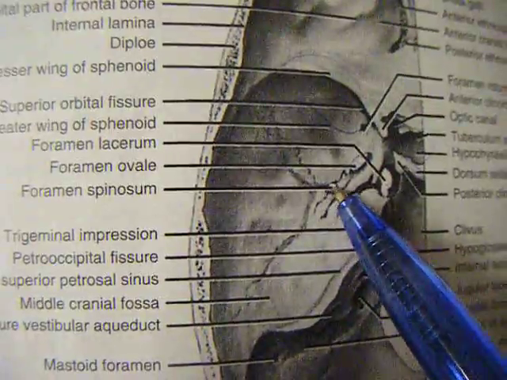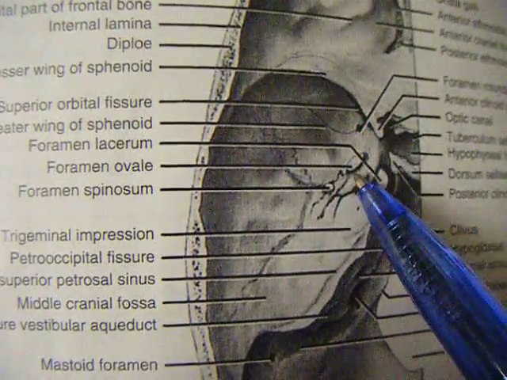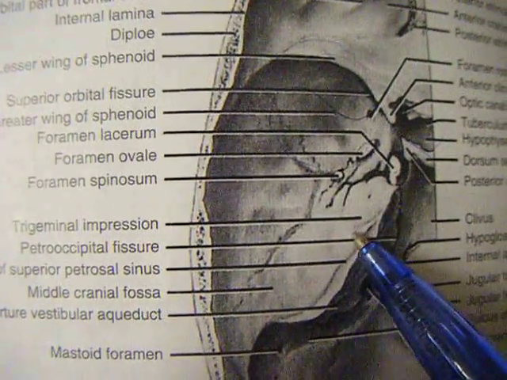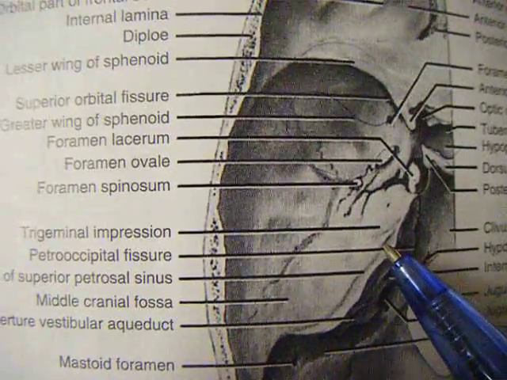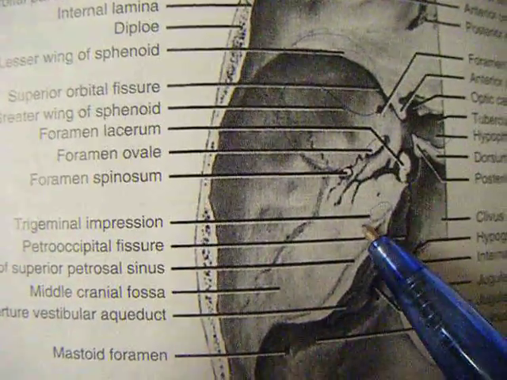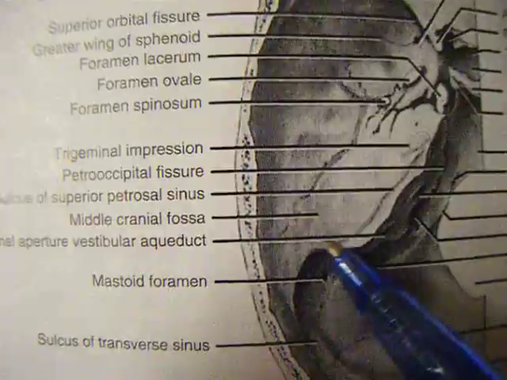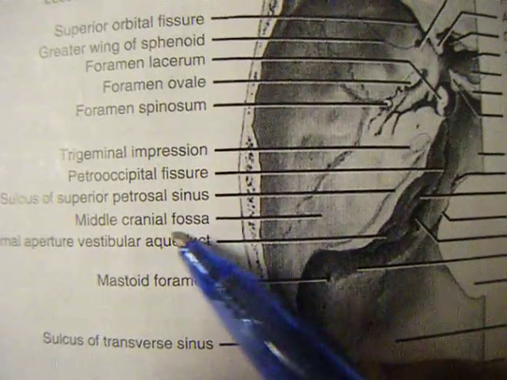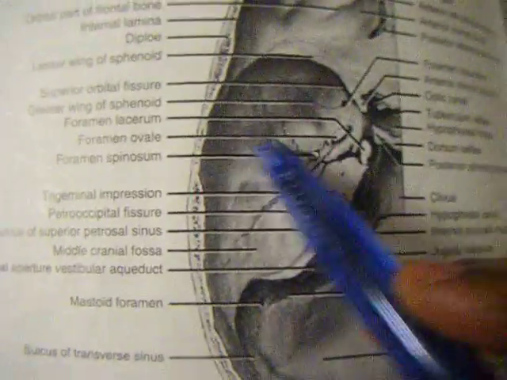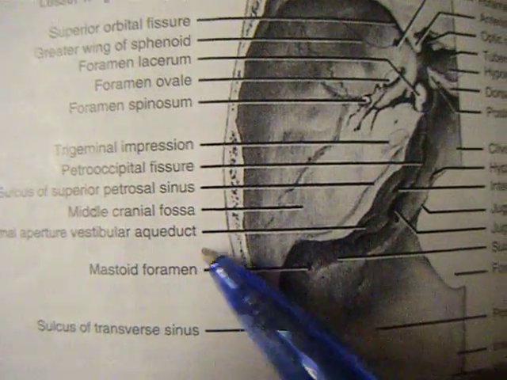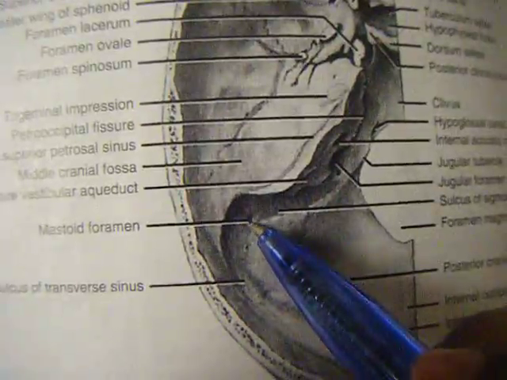Foramen spinosum is here. So there are 4: foramen rotundum, foramen ovale, foramen lacerum, foramen spinosum. And you have the trigeminal impression here, where the trigeminal ganglion lies. Then you have the sulcus of the superior petrosal sinus. So this is your middle cranial fossa. Okay, then external aperture, vestibular aqueduct. This is the mastoid foramen,